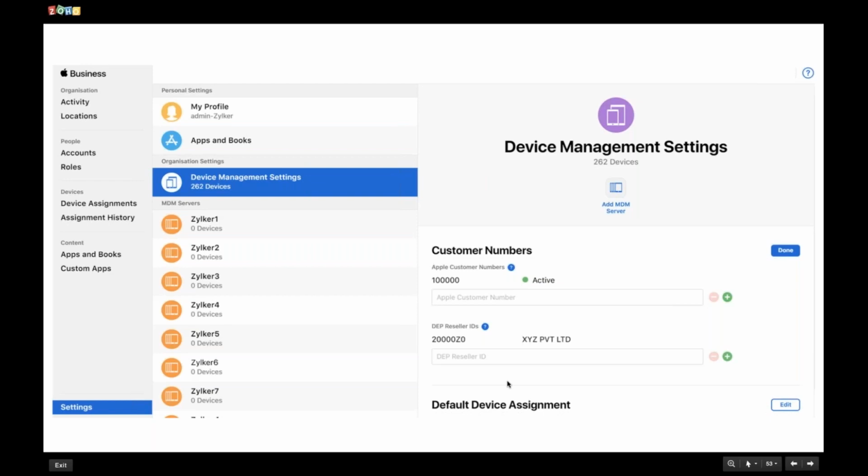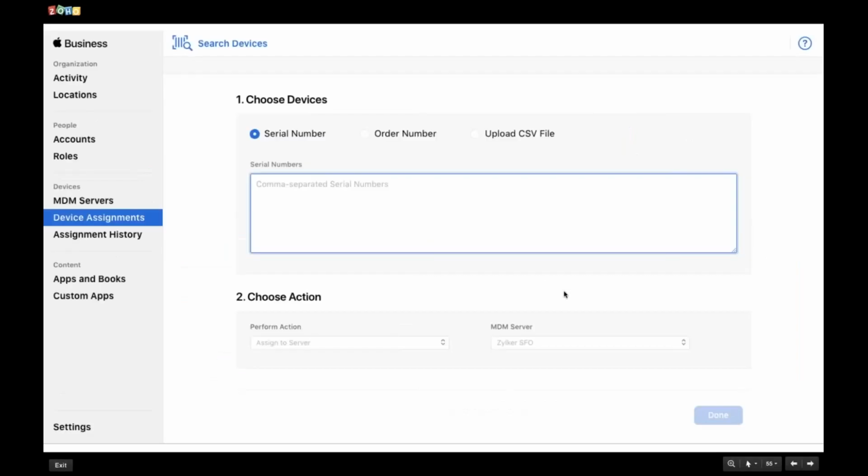So once that is done, your reseller would either upload all the devices onto the portal, or they would provide you with all the serial numbers in a CSV format or under an order number format. You can just choose either one of these three options, mention the particular details,